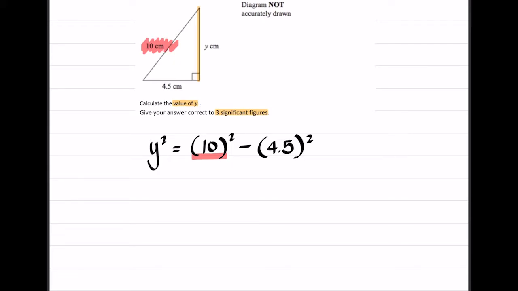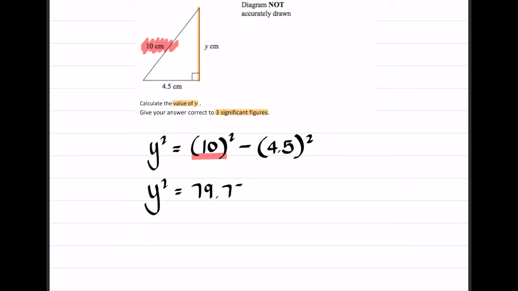The theorem of Pythagoras states that the square on the hypotenuse is equal to the sum of the squares on the other two sides, which means that if we're manipulating the formula, or changing the subject of the formula, we are able to say that one of the other shorter sides is equal to the hypotenuse squared minus the additional side squared. So this means that y squared is equal to 10 squared minus 4.5 squared, which comes to